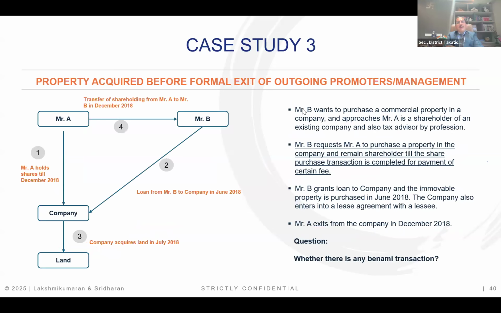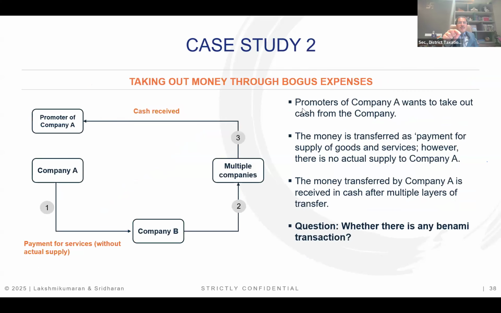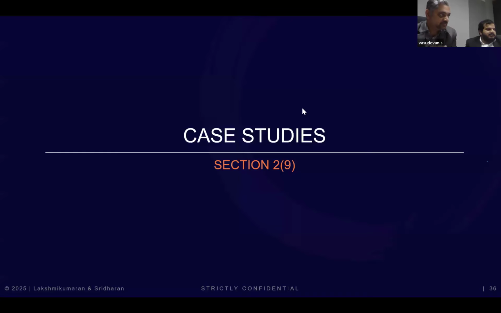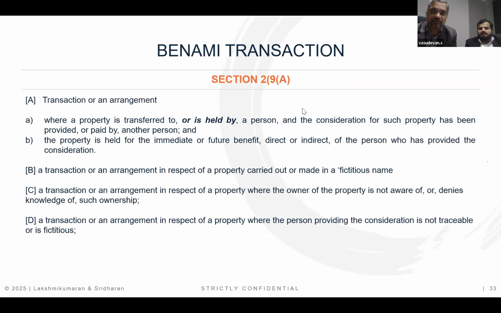Excuse me, sir. May I ask, what is your view, sir, kindly, in such cases, what would the probability be? Sir, now, as I said, Mahinder, if you can go back to the definition of Benami, we'll just test it against the definition of Benami